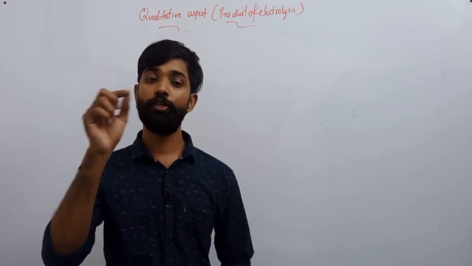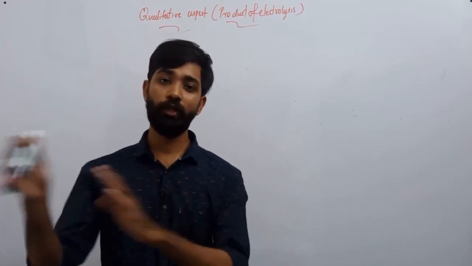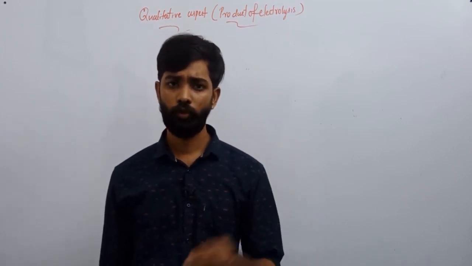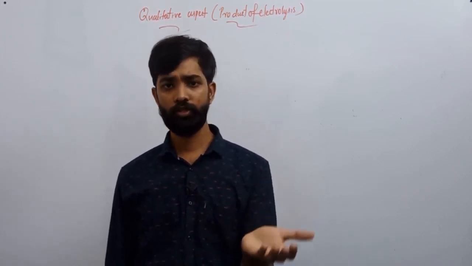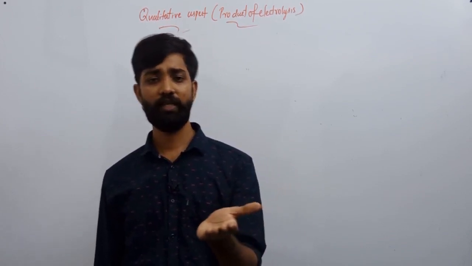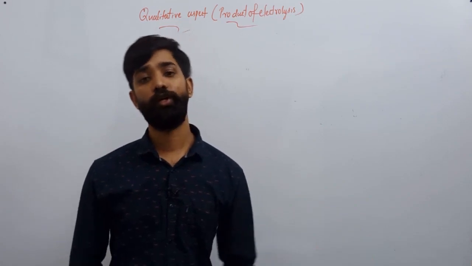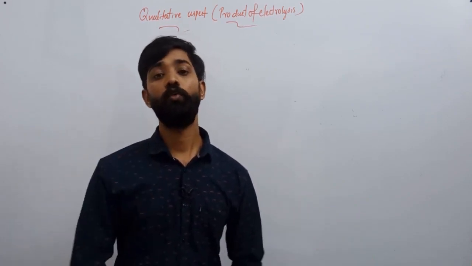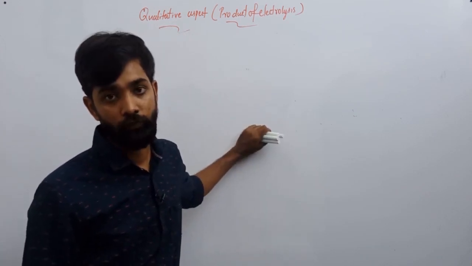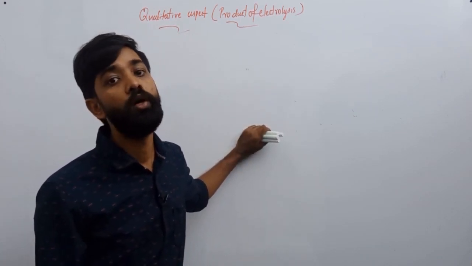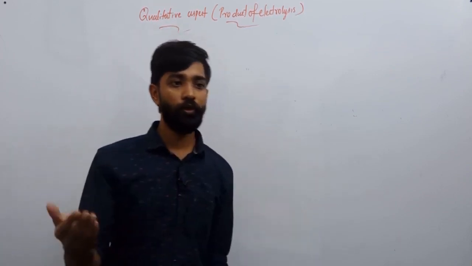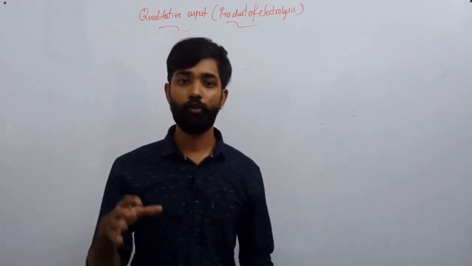If there is a competition for reduction between water and other cations like Zn2+, Pb2+, Fe2+, Cu2+, Ag+, Hg2+, those cations will be reduced, because their reduction potential is much greater than water. And the next point: if there is a competition for oxidation between